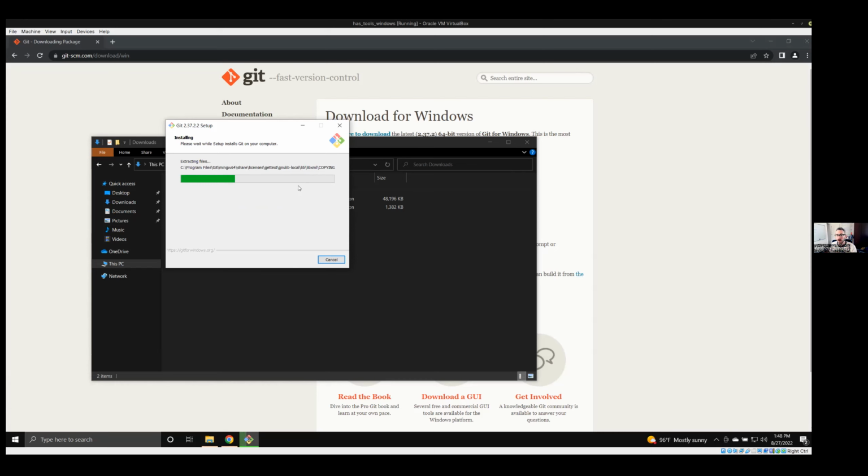And I will talk very, very briefly about this program that gets installed called Git Bash. So at a high level, Git Bash is two things. Git is the program that we're installing right now. However, it relies on this whole framework of command line infrastructure, which is just a text-based way of interacting with your computer. And Bash is a program that typically is used on Mac OS and Linux operating systems to do